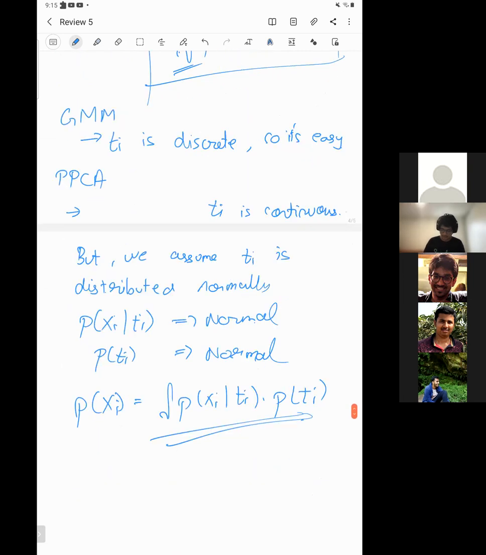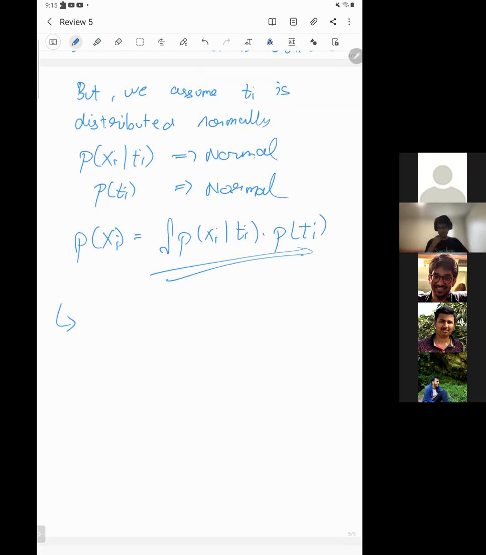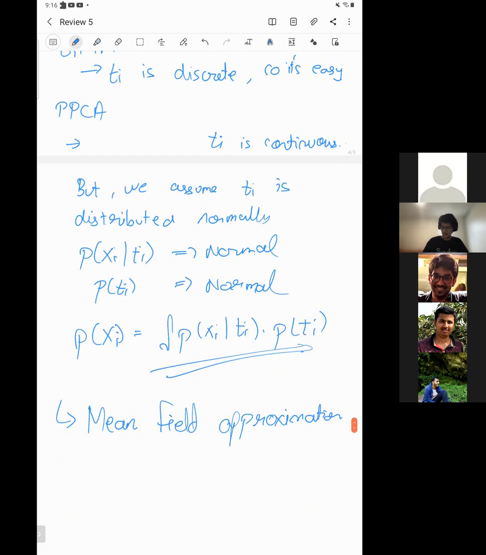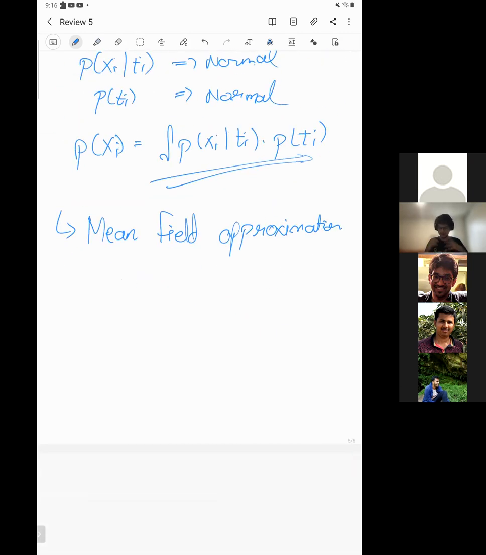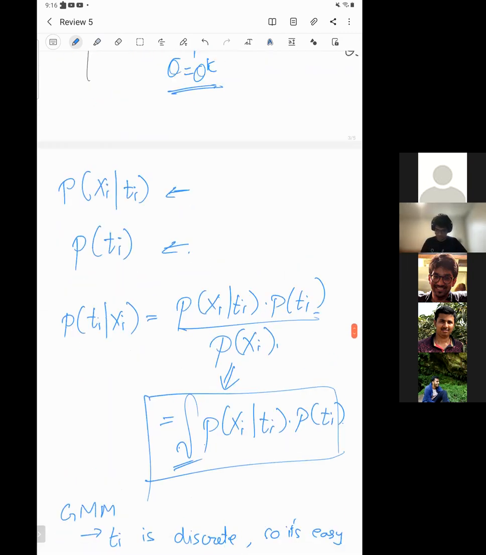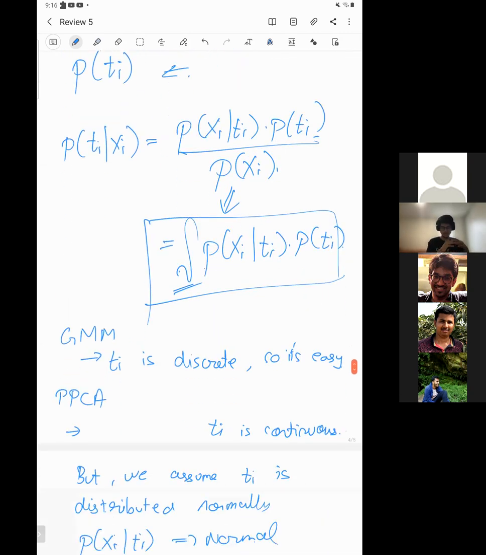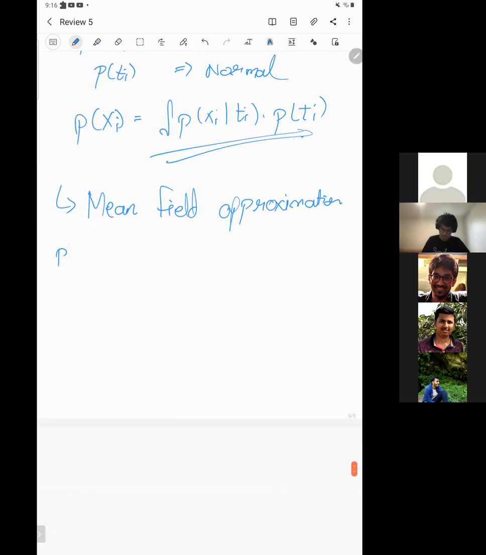And that's why there are different modeling assumptions. One is the mean field approximation, and that's what is used in LDA. In latent Dirichlet allocation, we assume ti follows a Dirichlet distribution. Again, ti is a continuous random variable, and it follows a Dirichlet distribution. So all of these cannot be assumed. In order to solve these, there is this mean field approximation. It comes under variational inference. Because it's not always easy for us to calculate the posterior, the mean field approximation is kind of a factorized distribution. What it assumes is,